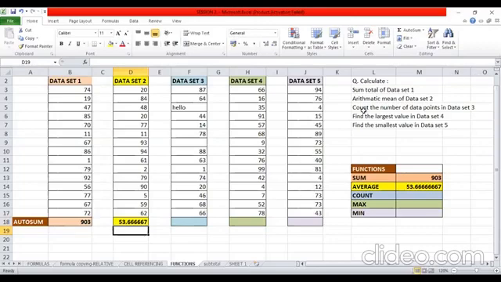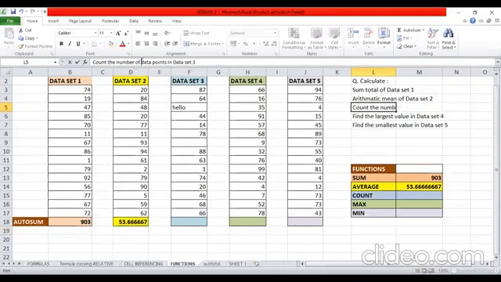Now the third thing that I want to do is count the number of numeric data points in my data set 3. You can have a look at the data set 3.